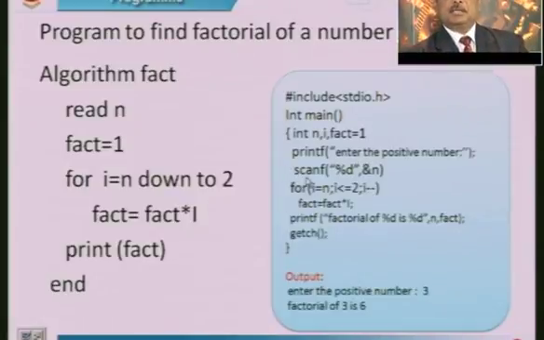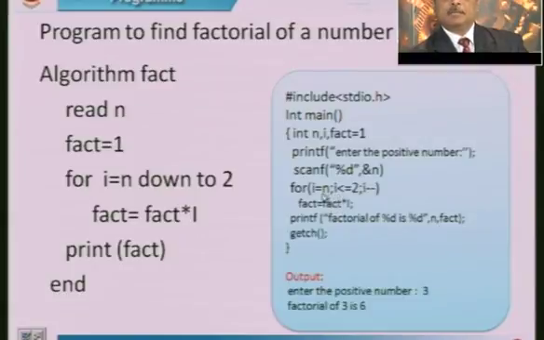Else you can start reading the value n, for I is equal to n, initializing I is equal to n, I less than or equal to 2, I minus minus, this is the decrement operator. First fact gets multiplied with n. For example, 4 is given, 4 is multiplied with 1, giving 4.